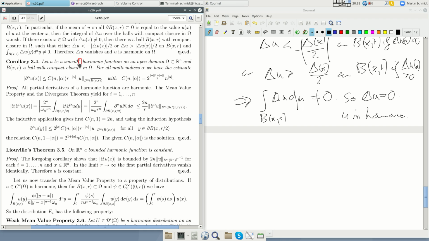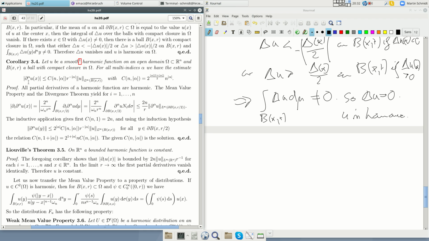It will be enough later if u is just measurable and bounded. Also, if u is a smooth harmonic function on an open domain and B(x, r) a ball with compact closure in omega, then for all multi-indices we have the estimate,